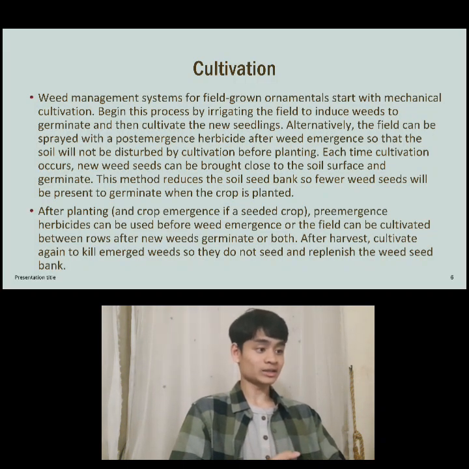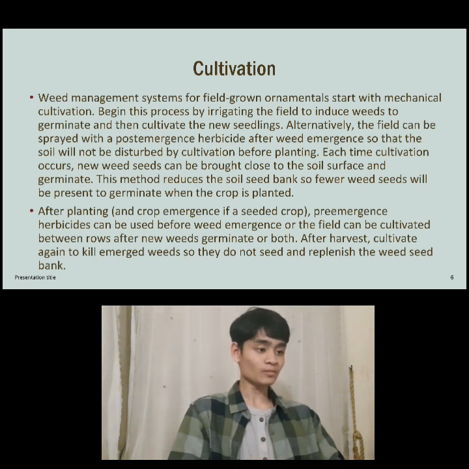Weed management systems for field-grown ornamentals start with mechanical cultivation. Begin this process by irrigating the field to induce weeds to germinate and then cultivate the new seedlings. Alternatively, the field can be sprayed with a post-emergence herbicide after weed emergence so that the soil will not be disturbed by cultivation before planting. Each time cultivation occurs, new weed seeds can be brought close to the soil surface and germinate. This method reduces the soil seed bank,